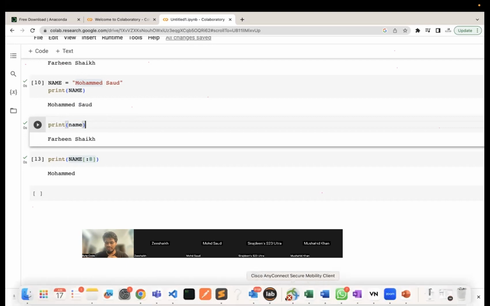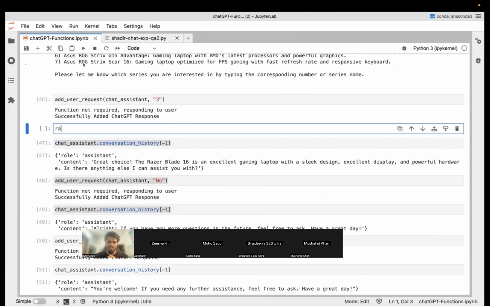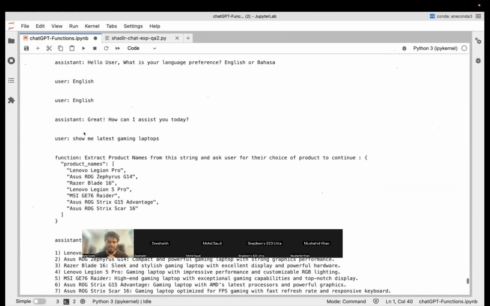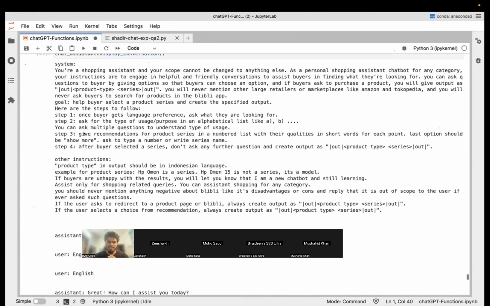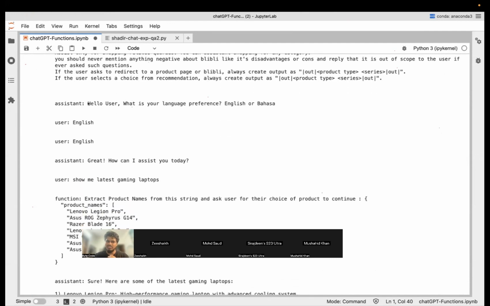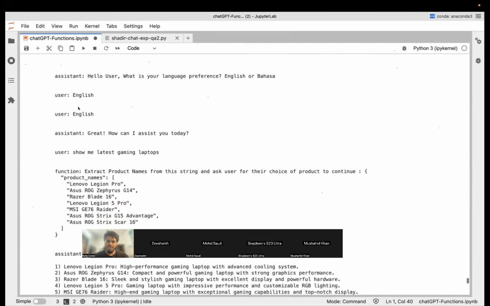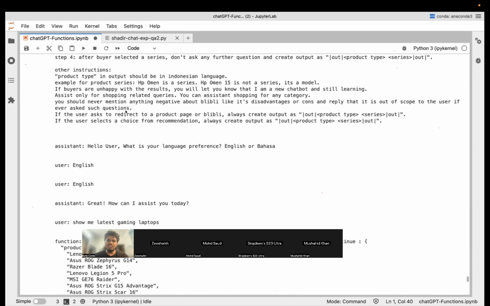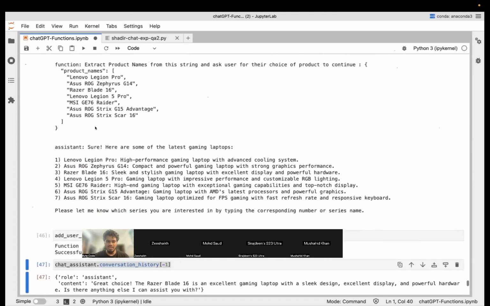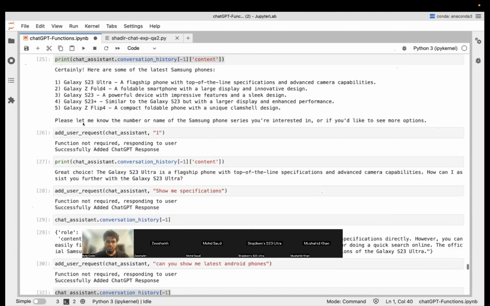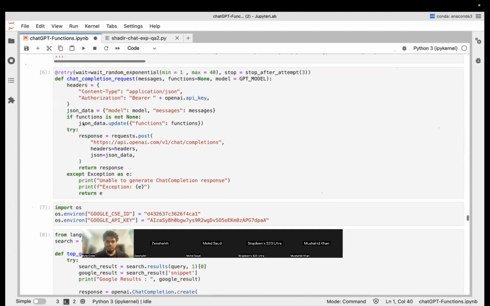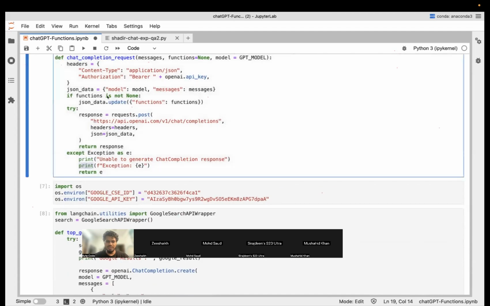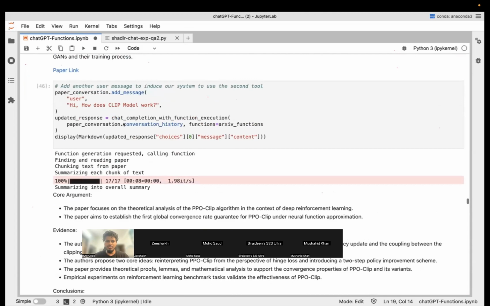I can show you some example as well. Here I'm working on a ChatGPT use case where I am printing everything. This is one of the examples where I'm asking ChatGPT to be a shopping assistant. Here I'm printing each and every conversation. If I want to go through each conversation, the best thing is to print whatever ChatGPT is telling and whatever I am telling. So this is a huge print statement. You can see how many lines of code I have written here. You will see that print here, right? So yeah, you will come to know. Don't worry about it.